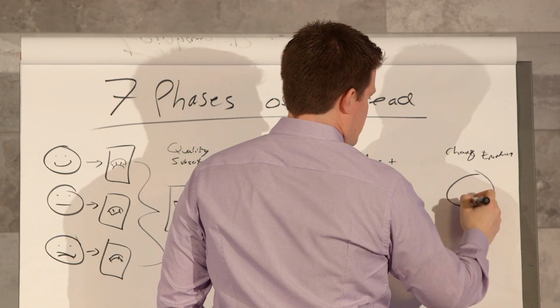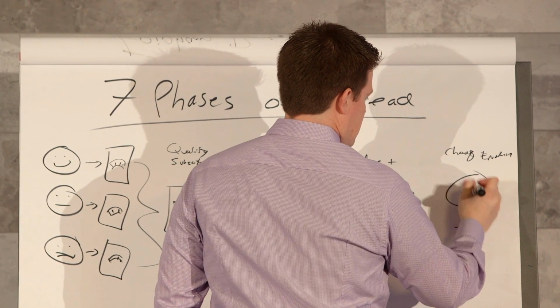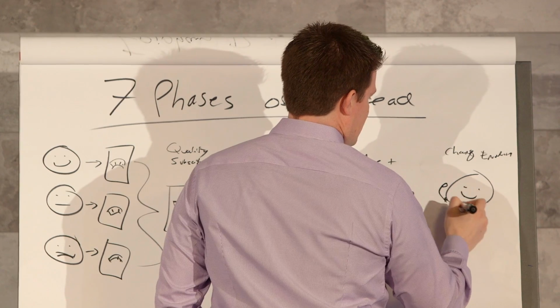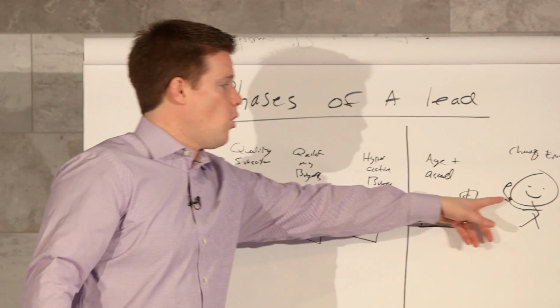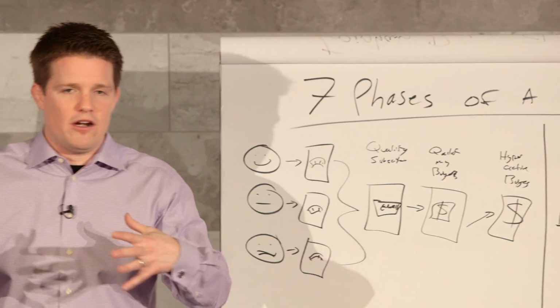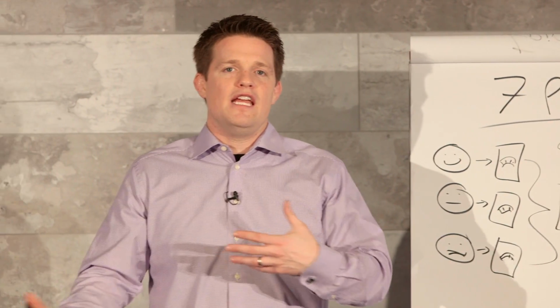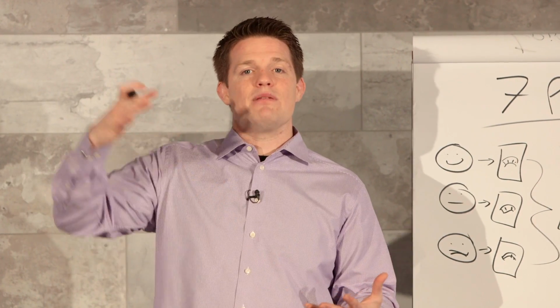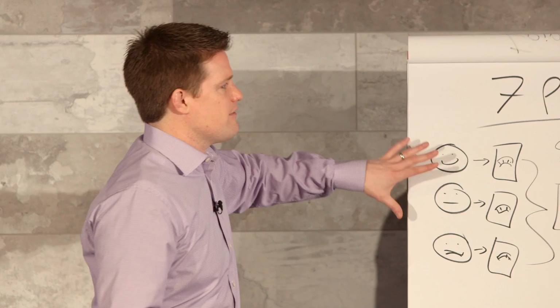selling becomes easier. So I'll draw a picture of a dude on a phone. That guy's got a big head. Anyway. So here's a cell phone, right? If I get them on the phone, or get them to sell, or something where I'm pulling them out of the environment they're used to and change that environment, it makes selling the higher ticket things and sending people even better. So this is kind of the 7 phases of a lead.